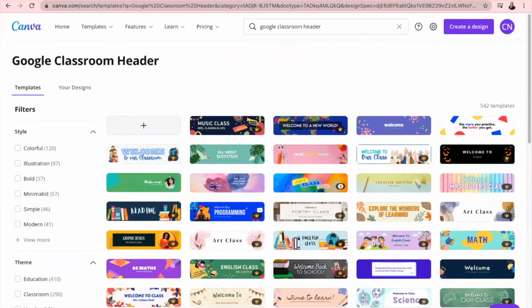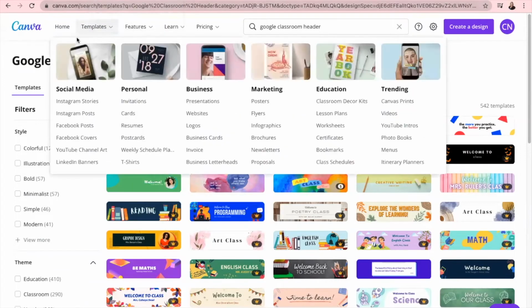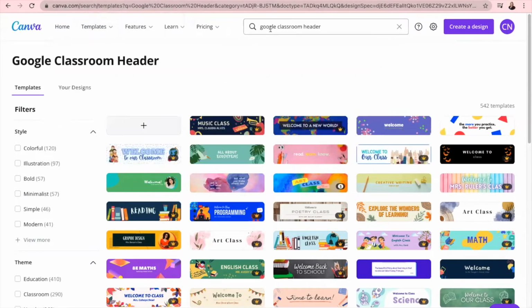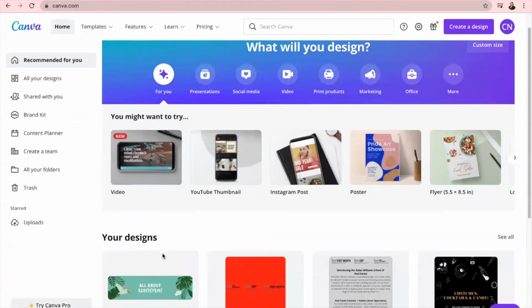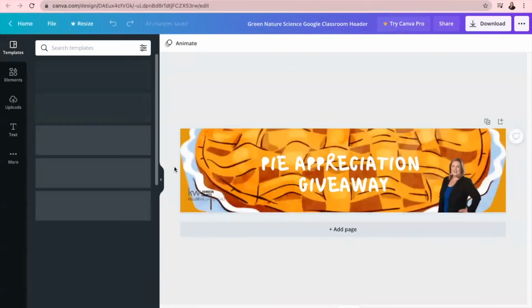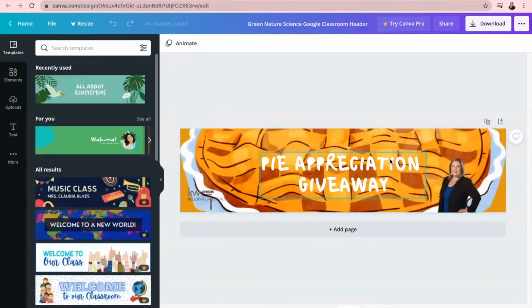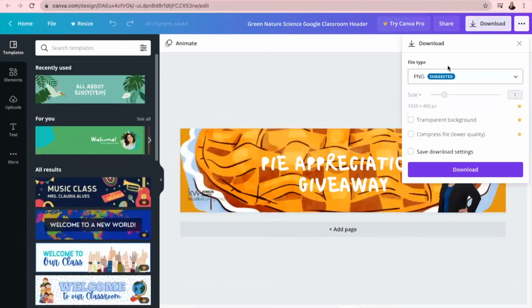What's great is if you don't have an image you want to use yet, you can go to Canva and just search for Google Classroom headers. And all of these seem to work great. When you download them after you've created it, it will look perfect. So when I go to my home, I already created one. This one right here, my Pie Appreciation giveaway. When I go to download,